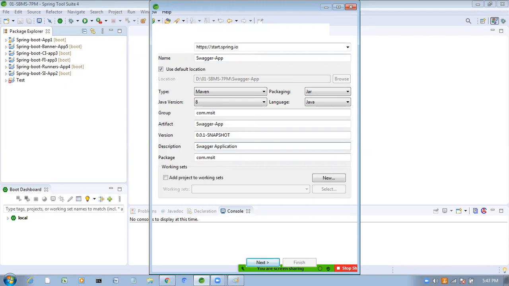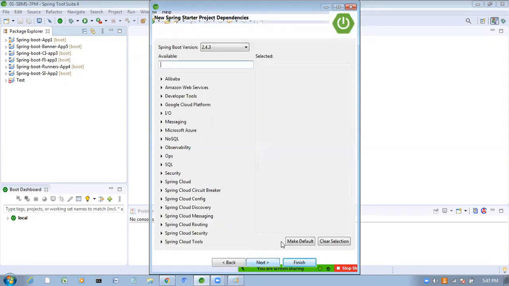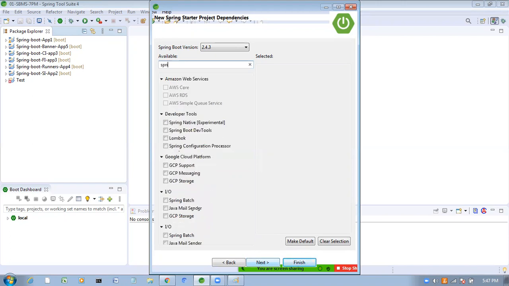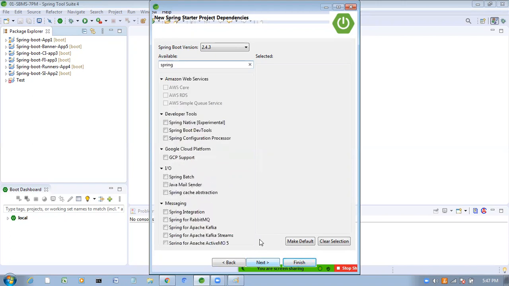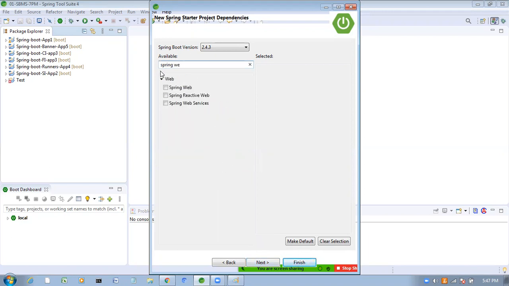Now click on Next. What dependencies do we need to add inside pom.xml? Starter web is required. Spring Web is required here.